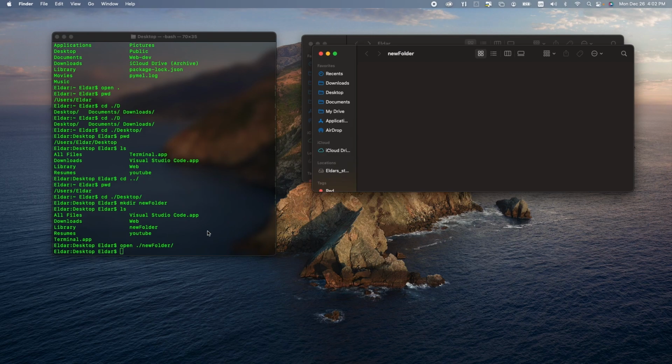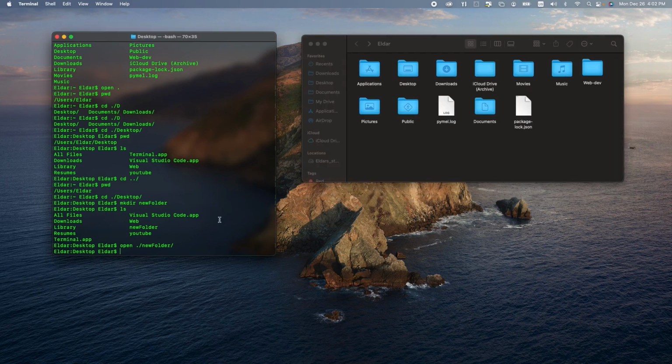Now how do we delete the folder that we just created? So for that, let me close this new folder in our Finder. Just be careful with the command that I'm gonna use right here, because it's gonna delete the folder that you command the terminal to delete completely. It's not gonna put it in your trash. It's gonna remove it from your computer, and it cannot be reversed. But if you are sure that you wanna delete some folders and you wanna do it with a terminal, you can use that command. The command I was talking about is rmdir,